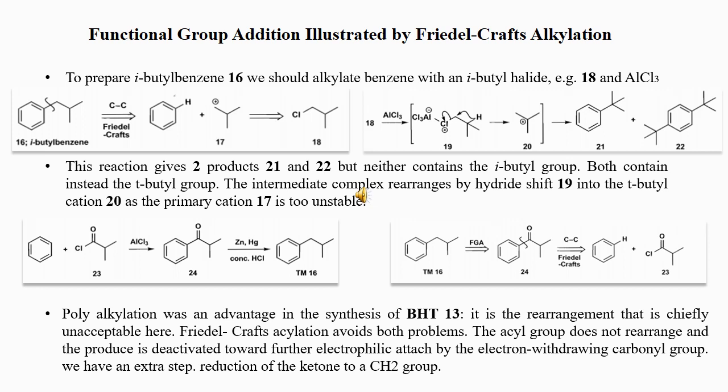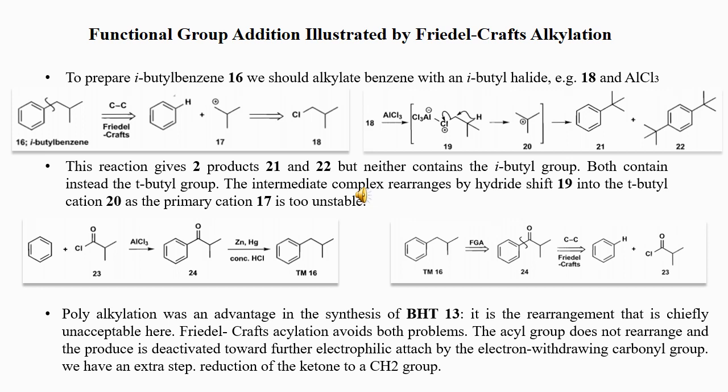The disconnection of 16 gave us 17 and one benzene. So when we tried to add 18 with benzene, Friedel-Crafts alkylation, we got two products, 21 and 22, but both were having a tertiary butyl group rather than an isobutyl group. Now the intermediate complex rearranges by hydride shift 19 into the tertiary butyl cation 20. So there are hydride shifts taking place,